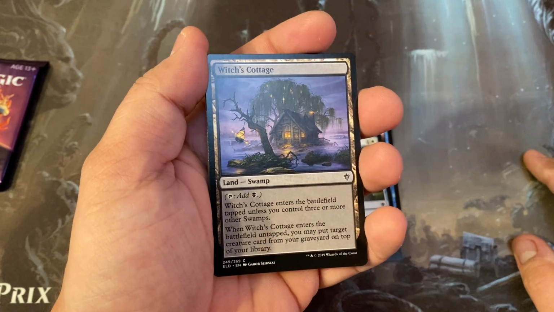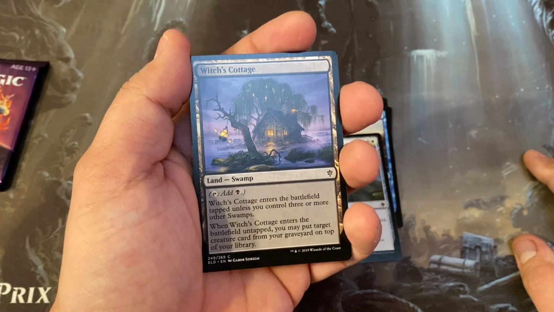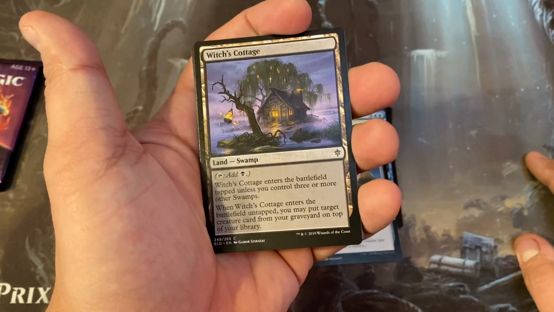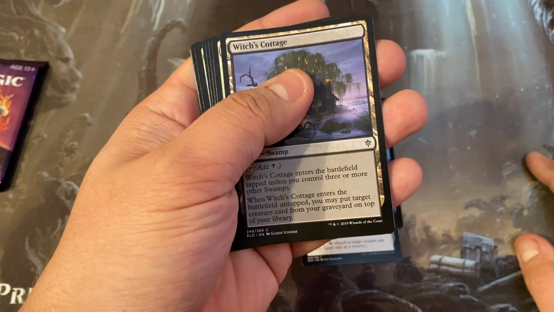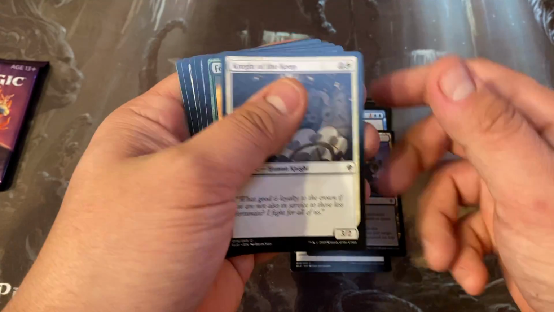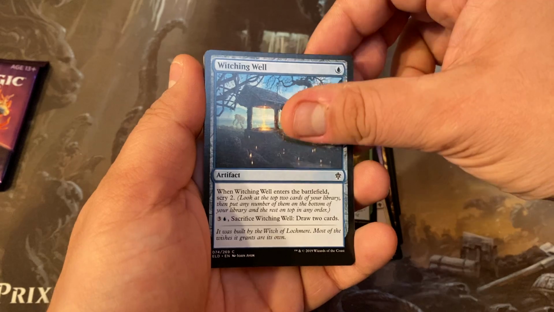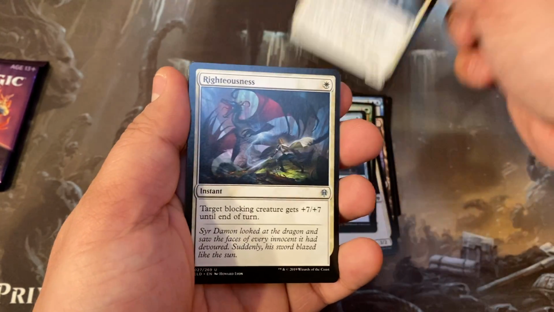I don't know if the black one is really getting too much play. I know there's a really popular mono black deck out right now in Pauper, but I don't know. Overall, I really like these cards, and I think that moving forward, we're going to see more multi-purpose lands at common in future sets, but you know what? I'm here for it. I have the Keep, Fell the Peasant, Witching Well, Garenbrig Paladin,